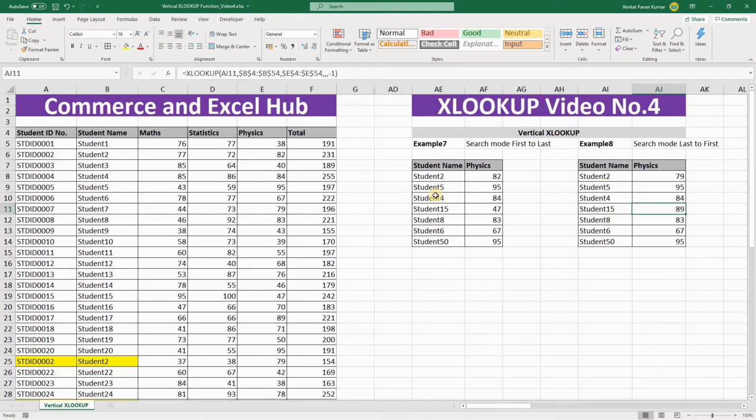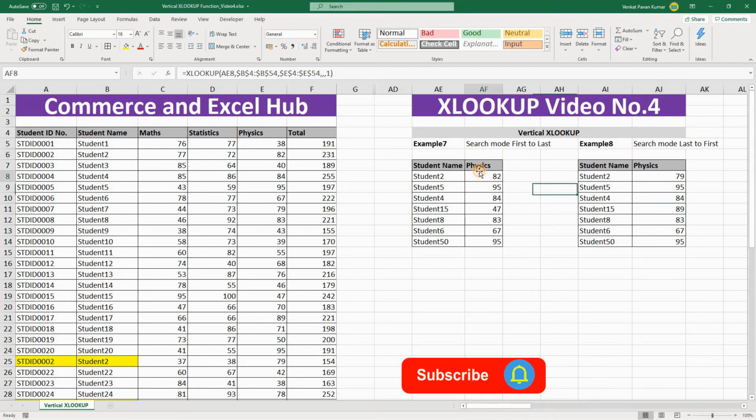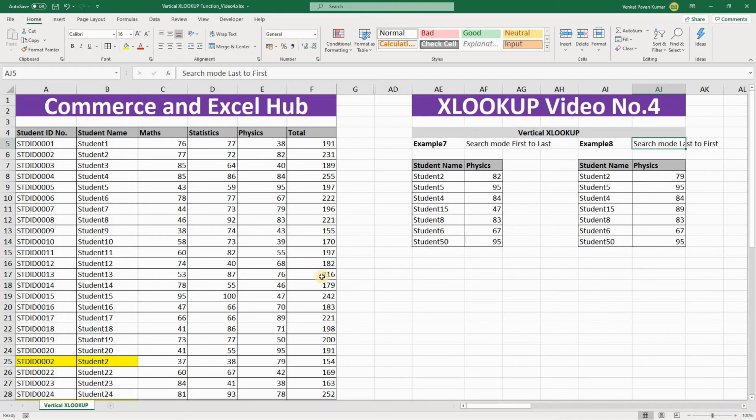so in this way, if you have duplicate data in your source file, then you can use first to last, which is a default mode. No need to mention number 1 at the end. Still it's going to work in the same way. And you can also use the search mode last to first, which is going to help you pick up the values from the bottom instead of from the top. Okay, and if you have more than 2 duplicate values, still the logic will be the same. Whichever comes first, that value it's going to pick up.